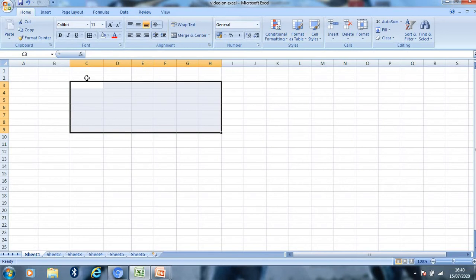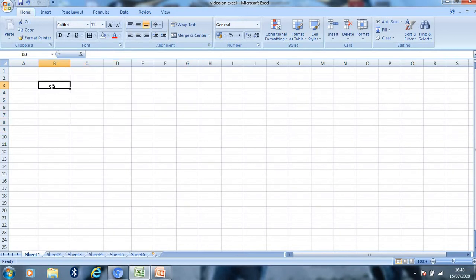Now this is about the continuous range, but if we want to select a non-continuous range, a range which is not contiguous, how can we select that? For selecting a non-contiguous range, first select the first continuous range. For example, I selected the first continuous range.